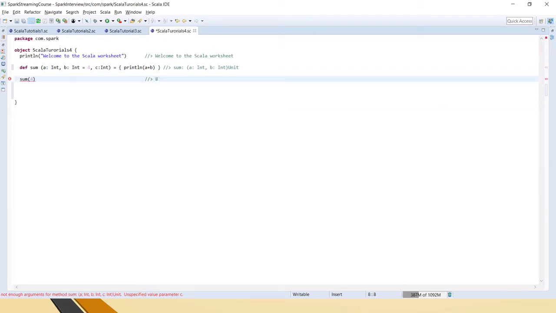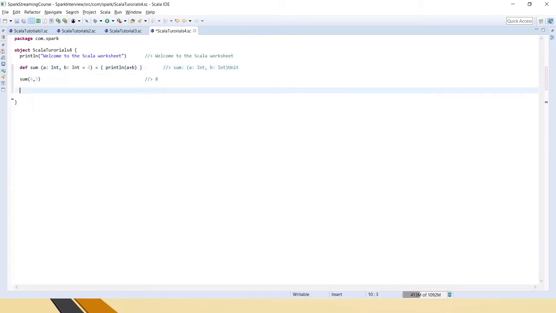Now let's say you are giving like this. It doesn't know which one to take. Even though it has the default value, the Scala compiler doesn't know whether this 5 is to be considered as B or C. So it is always better to give the default values for the last parameter in the function declaration. Okay, got it?